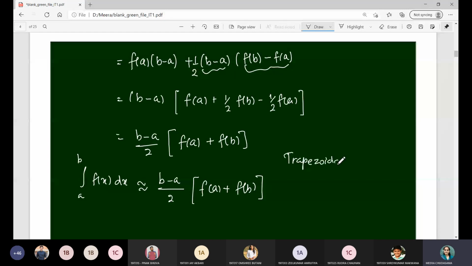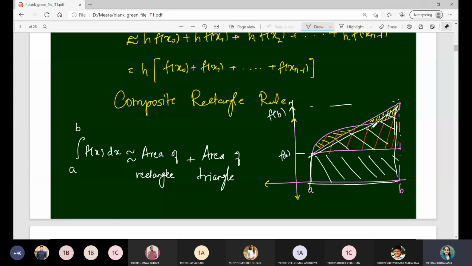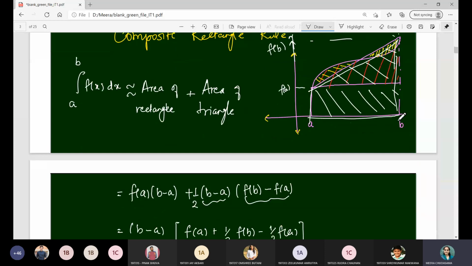The first one was the rectangle rule. Further, when we have approximated this with the straight line adjoining endpoints, then it is called the trapezoidal rule, and you can see that the error part is further minimized. So what we'll do, again we will consider the partitions x0, x1, x2 and so on. The last one is xn. In that case you take this, then join the endpoints, so you can see that the error part is further minimized.